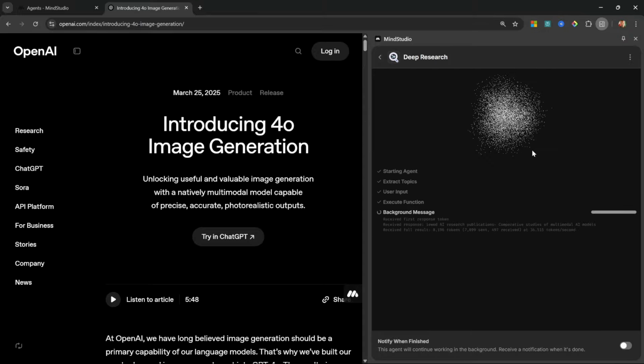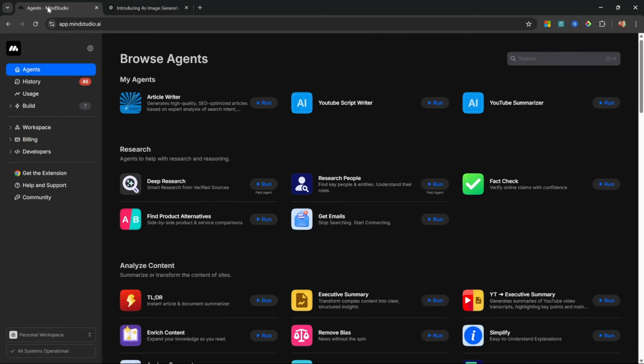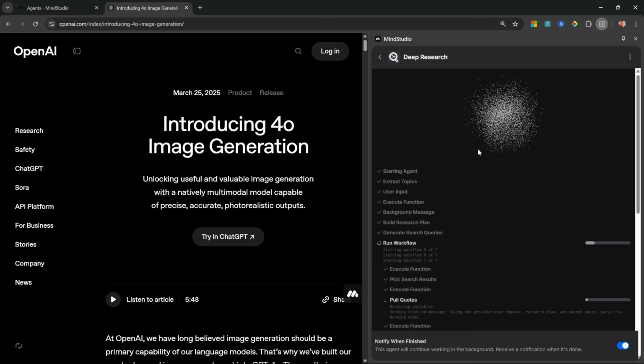Now, like I mentioned, this agent can take quite a while to execute as it's doing a lot of different things behind the scenes. Now, personally, I don't want to wait minutes for this to complete. So what we can do is click on Notify when finished. And now we can continue doing something else while the agent is running in the background. In fact, while this is running, let me show you how to build your very own agents which you can